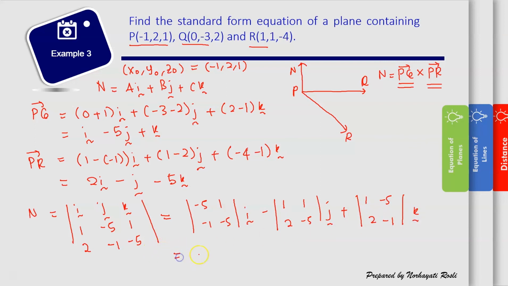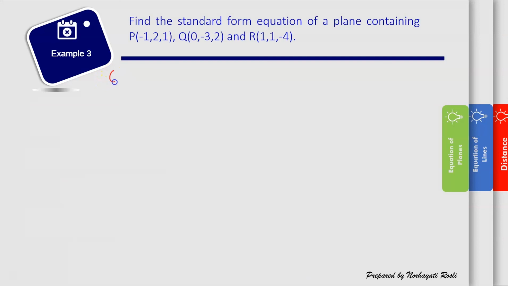When we solve this one, we get the answer equal to 26i plus 12j plus 9k. In this case, this 26 is our A, 12 is our B, and this 9 is our C. So let's write again. We have our x0, y0, and z0 equal to negative 1, 2, 1. And then we have a normal vector equal to 26i plus 12j plus 9k. So when